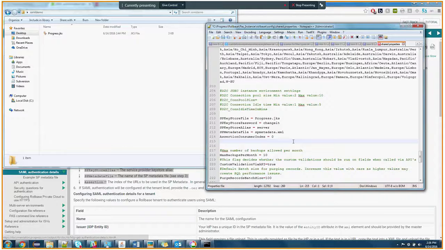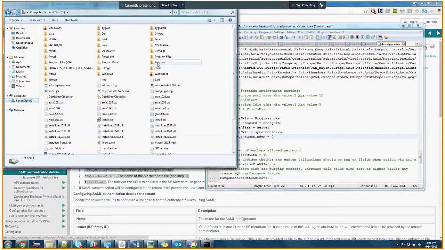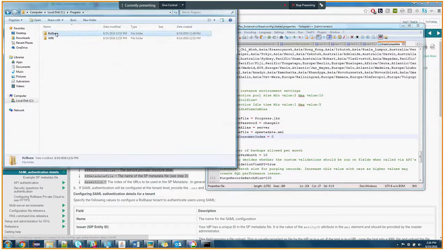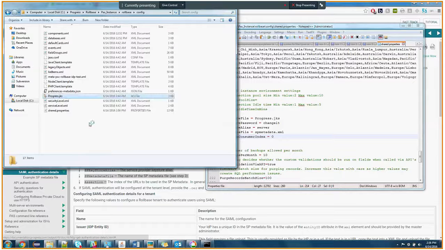Once you're done with the properties, you're supposed to put the key store file inside the config directory. Once you're done with this, you can continue with